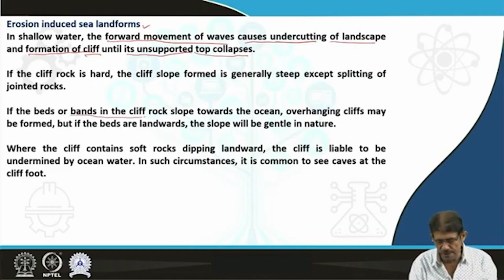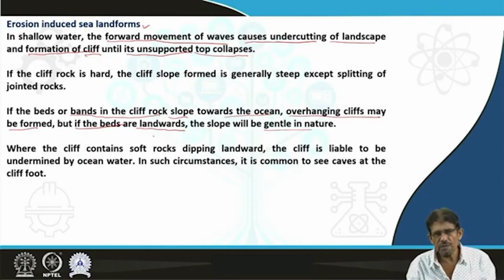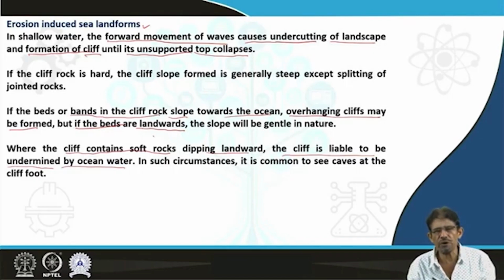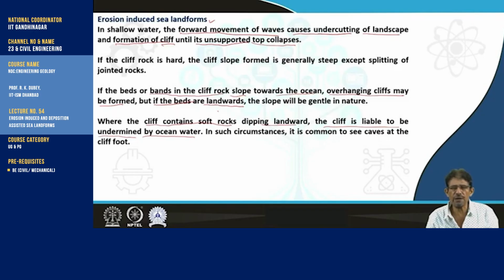If the beds in the cliff, rock strata or rock slope are bent toward the ocean, overhanging cliffs may be formed. But if the beds slope landward and are gentle in nature, then the features form inclined toward the landward side. If the cliff contains soft rock dipping landward, the cliff is liable to be undermined by the ocean water. In such situations, there is a development of certain features recognized as caves, arches, bridges,